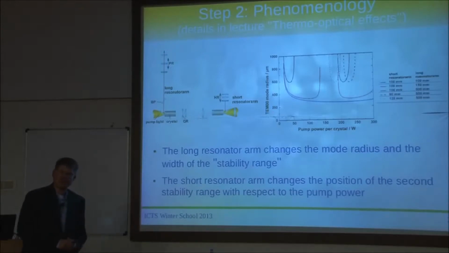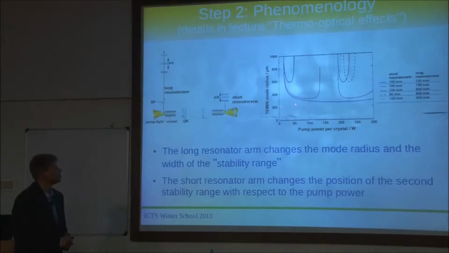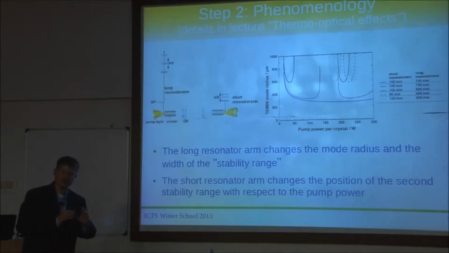And we actually use that as a stability criterion for the laser. So if, for example, the beam radius inside the crystal becomes infinite, or if it becomes even bigger than the crystal aperture itself, then that beam can't oscillate in the oscillator, so you won't see any laser output. So now what happens if you build